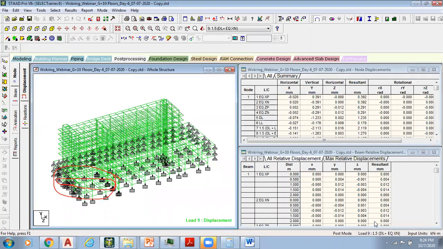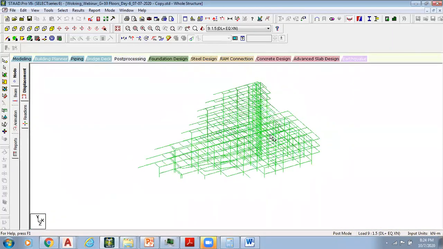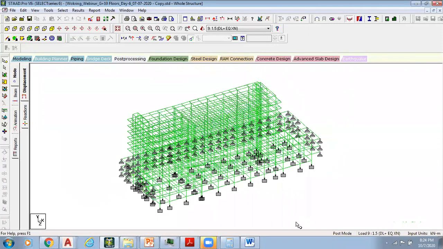So when I say done, the structure color automatically changes to green, which means the structure is now showing the deflection diagram, right? Here I have icons like deflection diagram, axial force diagram, shear force in y direction, shear force in Z direction, Mx is the torsion, My is bending moment about y-axis, Mz is bending moment about z-axis. By default, the deflection diagram is turned on, so that is why this is now in a green color.